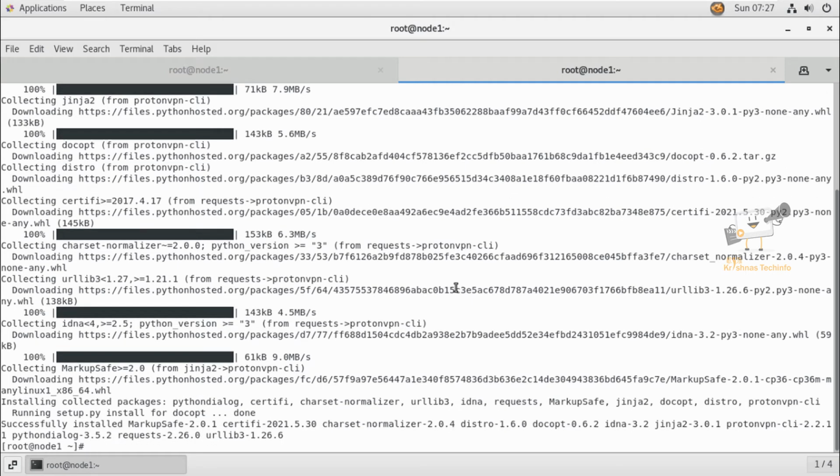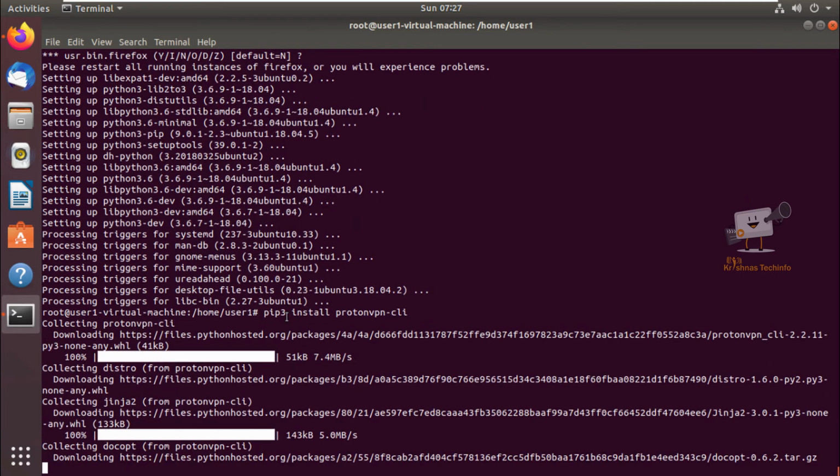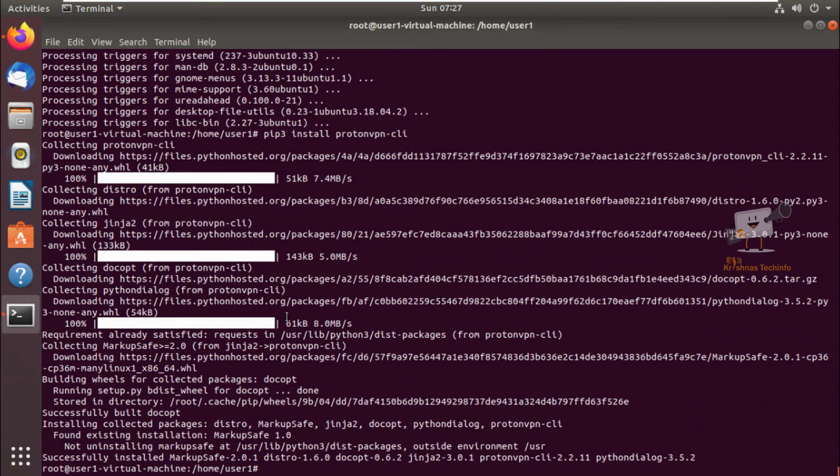Now the package installation is completed. Now we can install the Proton VPN CLI on Ubuntu. So now install using the pip3 command: pip3 install protonvpn-cli. Now the Proton VPN CLI installation is completed.